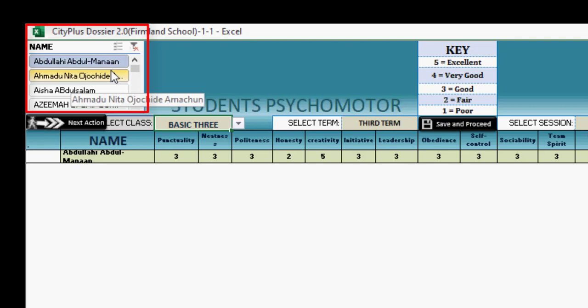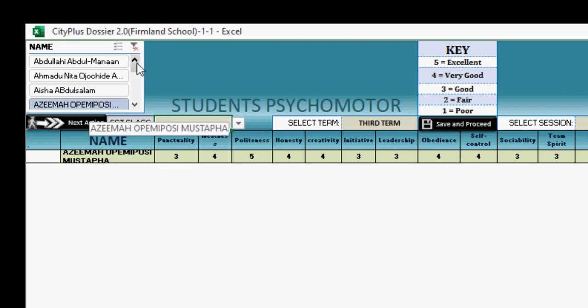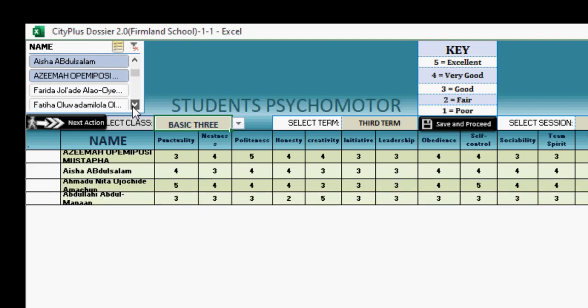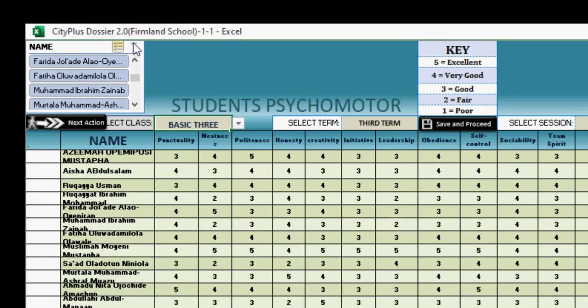If we want to enter for the next student, we click on it. We can use this to select so that we don't get mixed up. If we want to select multiple, we click on this small icon up here. If we click on this, we've selected Abdul. Okay, Azima, we now select the second one, we select the third one, select this. As we go, we continue selecting each student. Then you can as well clean up the old